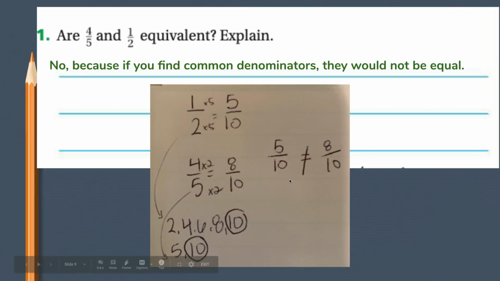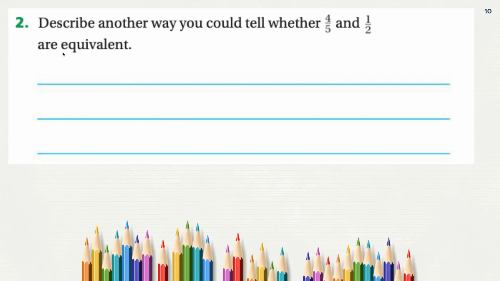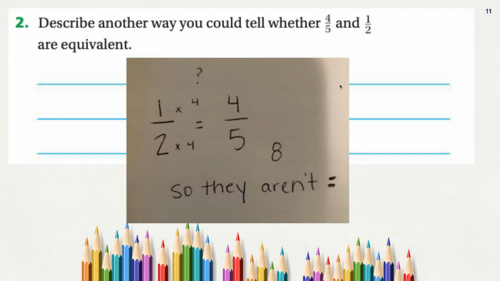All right, so here's my work. This is all on your slideshow if you need to go back and look at it, or you can pause. And I want you to pause me and go ahead and do number 2. How could you tell me another way that they are not equal? Okay, so I would think that a lot of you might have drawn a picture for this one, but I wanted to show you my way. So what I did is I said, okay, well, let's make them equivalent. So how did I get from 1 to 4? Well, I multiplied